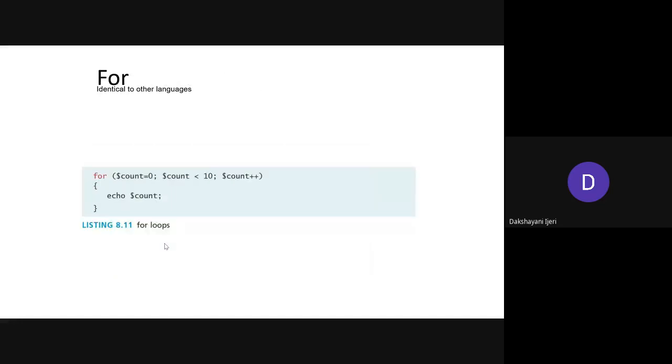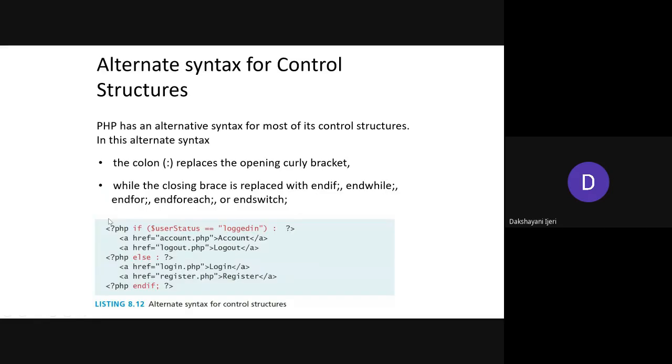Okay. So followed by the for loop, the syntax used here again takes three parameters. The first one is the initialization, the second one is the condition, and the third one is the increment or the decrement. The only difference here is the way in which the variable is used. You already know that in PHP the variable has to be used with the dollar symbol. Apart from constant values, you have to use it with the dollar symbol, right? The rest of the things are the same over here. As for the alternative syntax, you can just check it by yourself here.